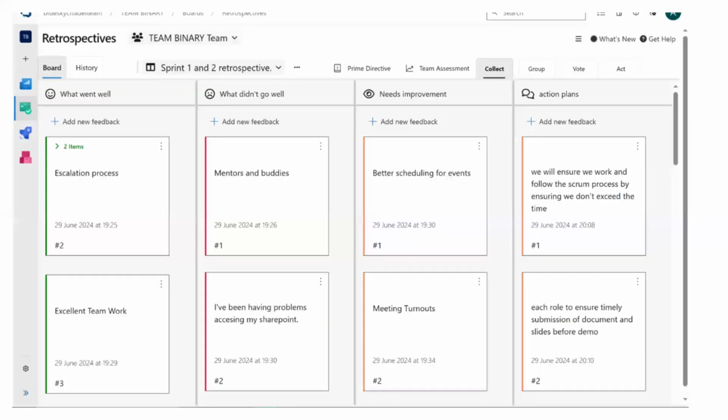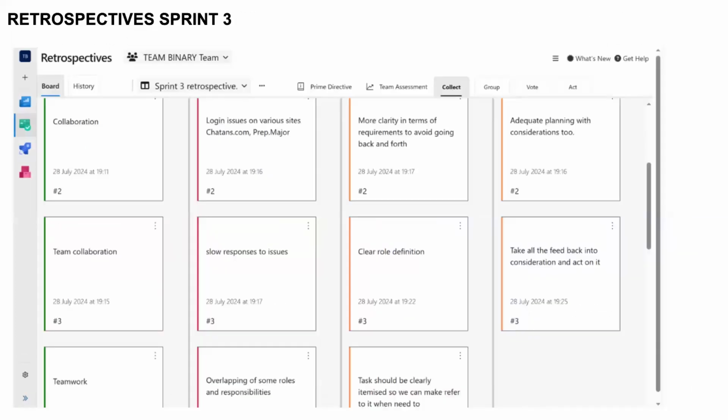Just go through. Next. These are the reflection board, the retrospective. And here we got to a stage whereby from sprint 1 to sprint 2, all through the way to sprint 6, we learned a lot along the way, and upon reflection, we had various things that we reflected upon.